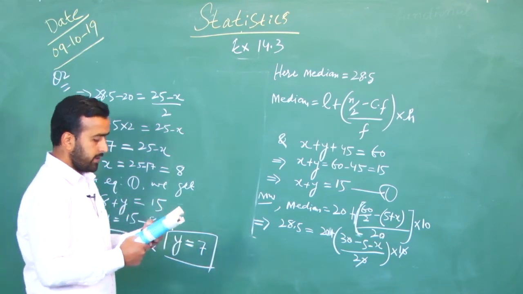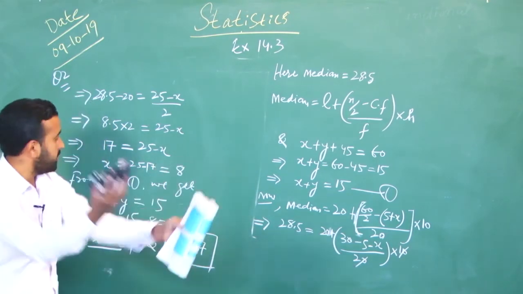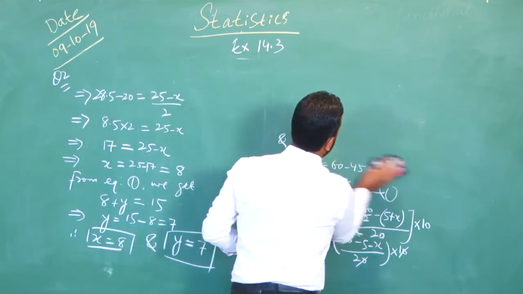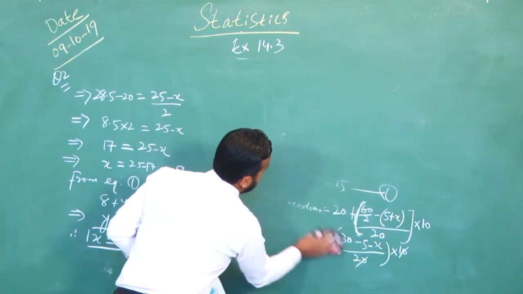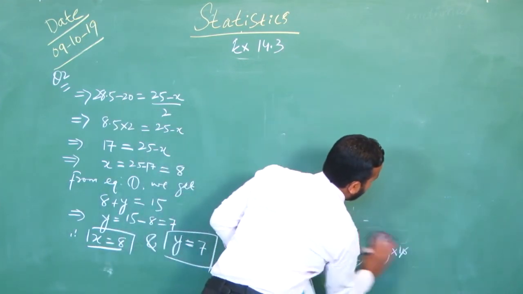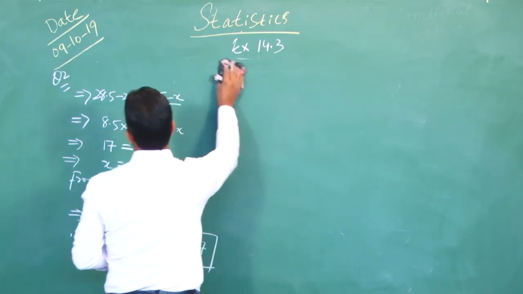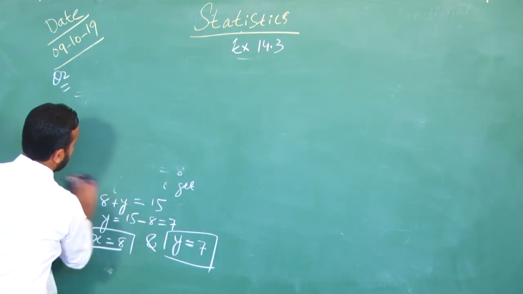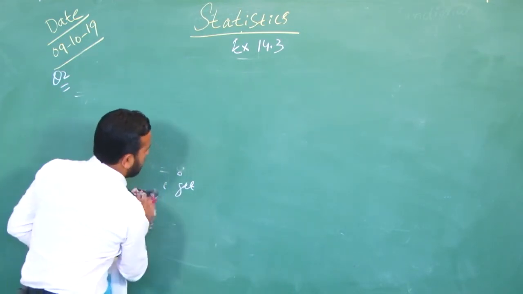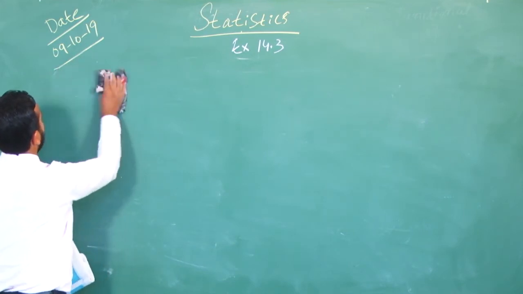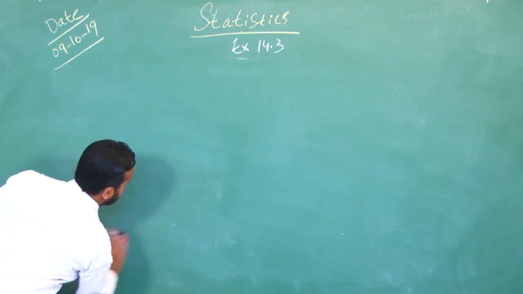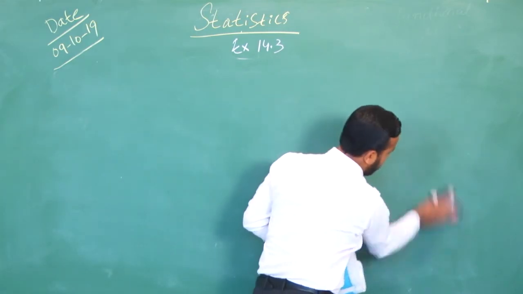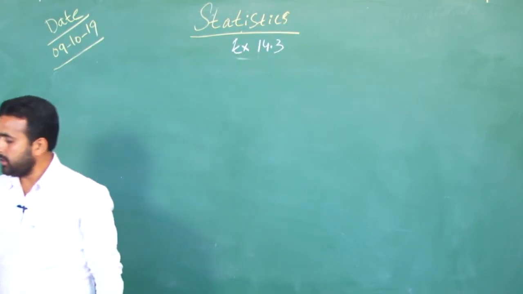The data given here is a little bit in a different manner, so let us see how to change it. If the tabular form of the data is given in various forms, we must first be able to convert those tables into the grouped frequency distribution, and then we have to use the formula that we use as usual in the calculation of the median of the given data. Let us see now,